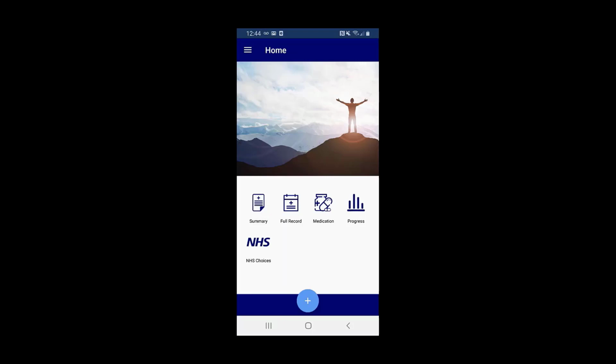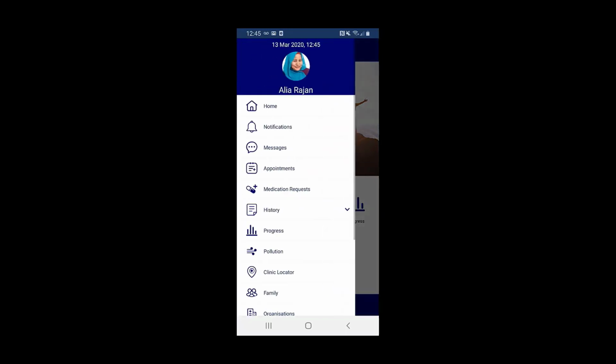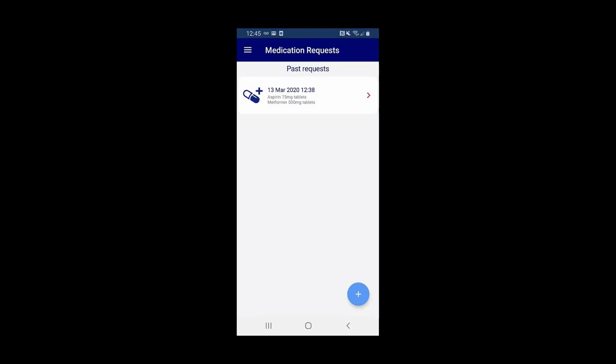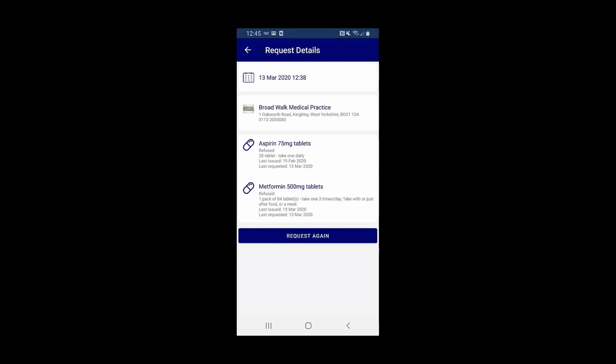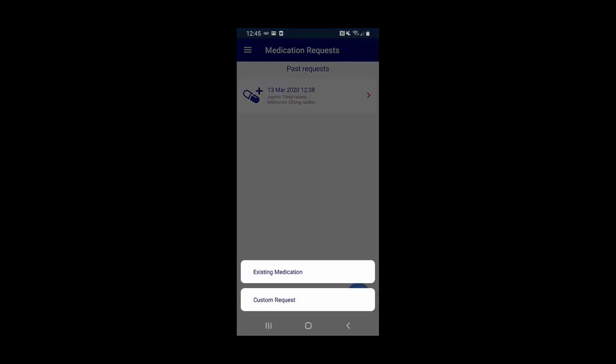Let's move back to the app. So we're looking through our menu options, and now let's go to the next option in the menu, which is medication requests. So medication requests can be seen similar to SystmOne, so that you've got past requests and you can look at previous request details. It will also show pending requests, so ones that a patient sent but have not yet been dealt with. So I want to do a new one, again plus in the bottom right hand corner,